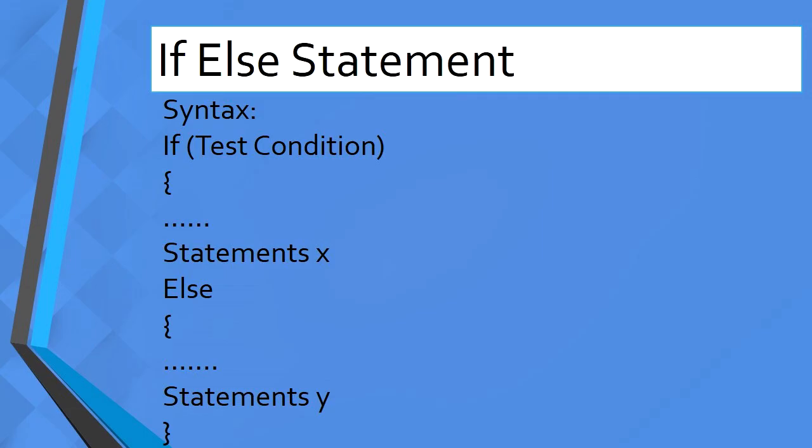Second one is the if else statement. The if statement you have seen so far allows you to execute a statement if the condition evaluates to true. However, there are many situations where you may want to execute a statement when the condition evaluates to false. For such scenarios, the if else control statement is used, which is the extension of the simple if statement. The statement that has to be executed when the condition evaluates to false is written under the else part.